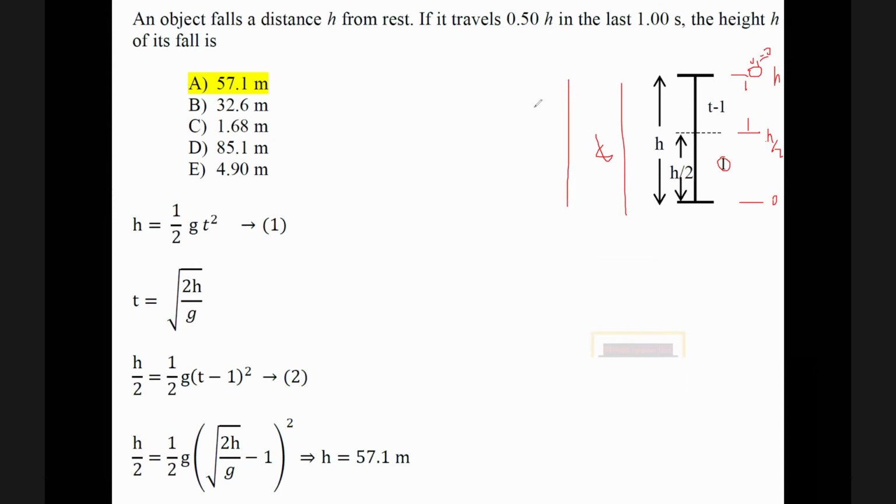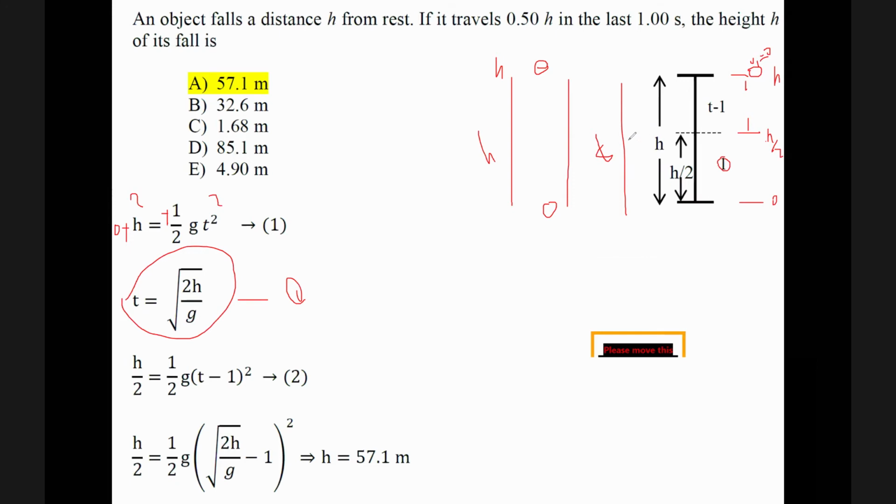I will start from here to the bottom and try to find the height. The height is h, so I can apply the third equation, y final minus y initial, which means 0 minus h equals minus one half g t squared. So I have this equation, but I don't know the time and I don't know the height. I need another equation. This is equation 1, just a rearrangement of this. The minus sign cancels out with the minus sign.